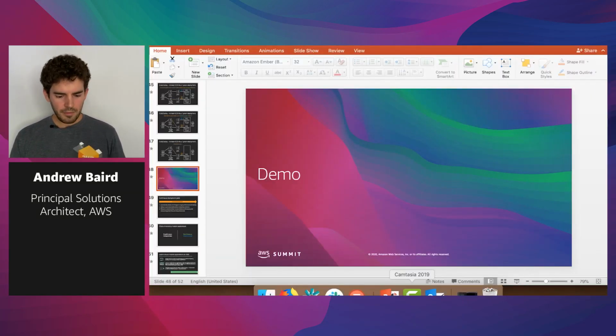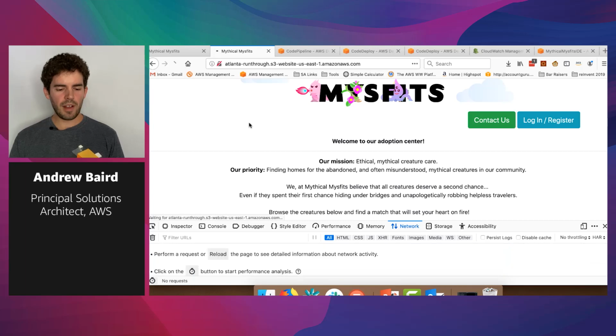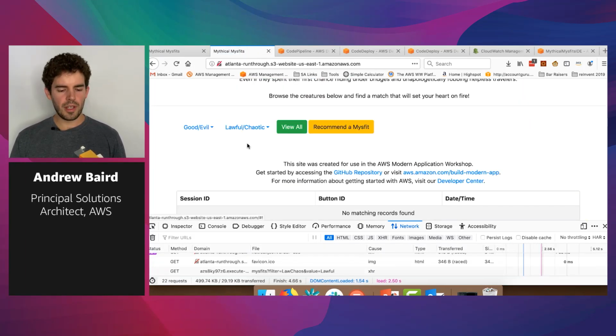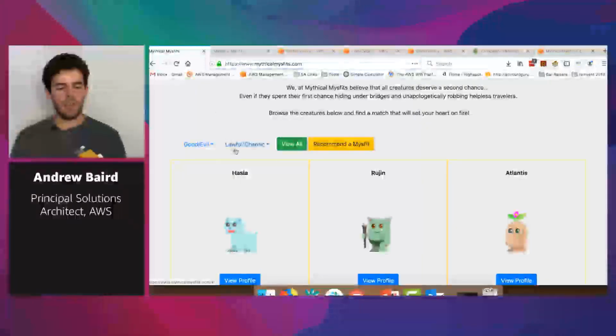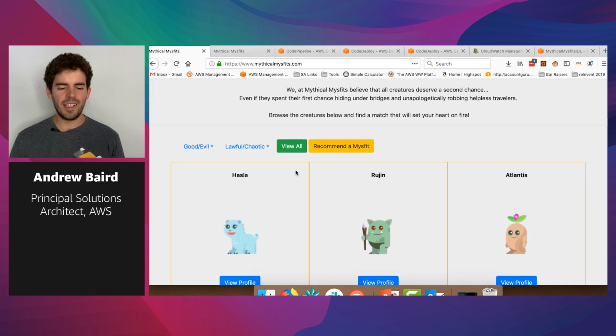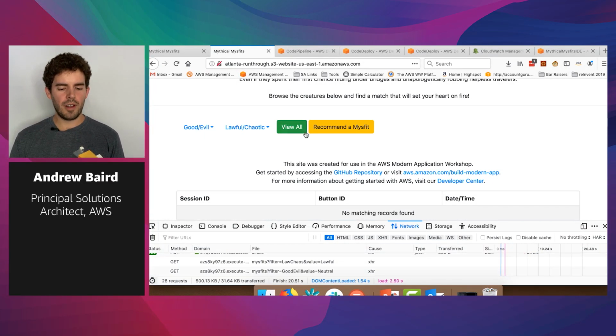Okay, so a quick demo here. I've got a particular website, and if you go to mythicalmisfits.com, we have a workshop that's going to run you through building this application yourself too, and I've modified the workshop to enable blue-green deployment. So I've got it running and deployed already, and there's a couple issues that are preventing my misfits from running. You can see on the original version, there's a slew of misfits that I can sort and filter based on certain qualities they have,